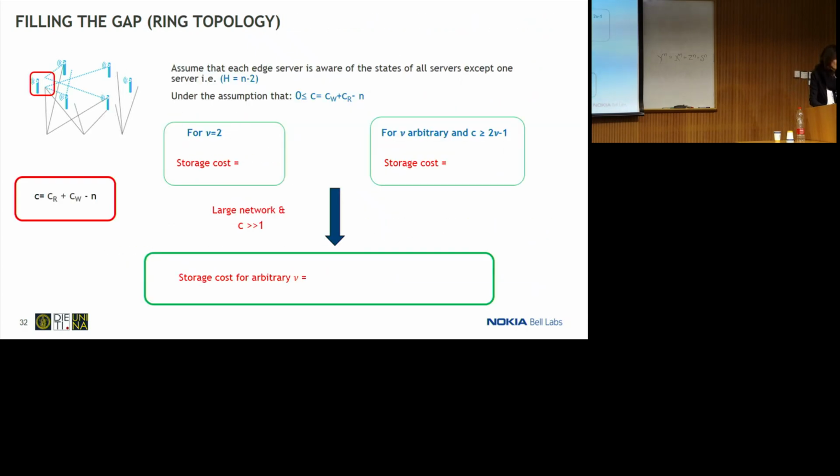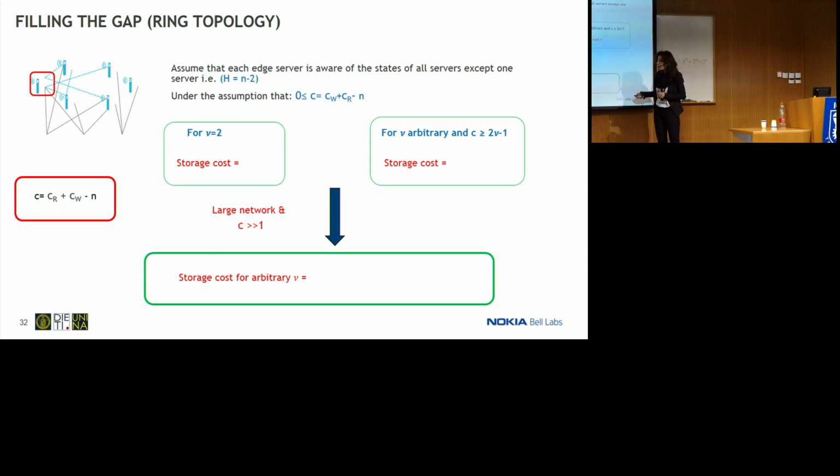Let's go here to this ring topology, and then you can imagine here that in reality the storage cost is not going to increase anymore with the number of versions, but is going to be constant with the number of versions at the first order. So essentially, if we do an expansion for large C, we will have that the first order, 1 over C, is exactly equal to the static case, so it does not increase with the number of versions. The second order, 1 over C squared, will increase linearly with the number of versions.